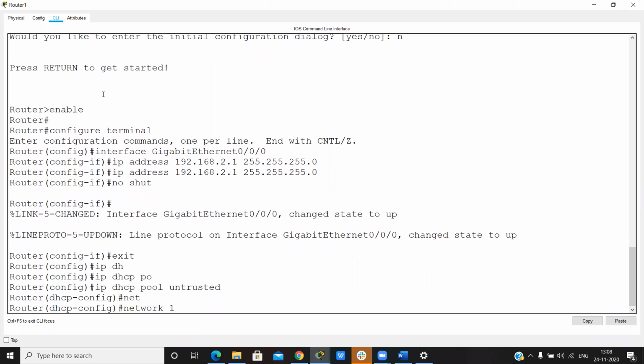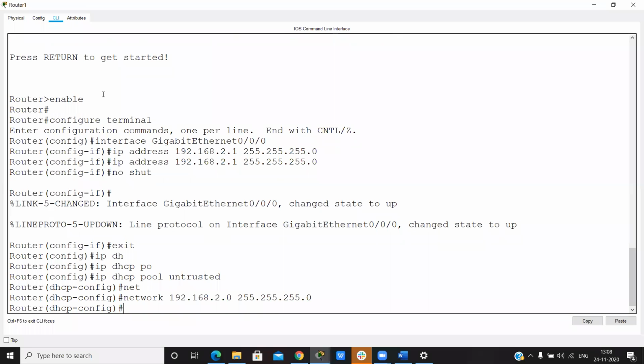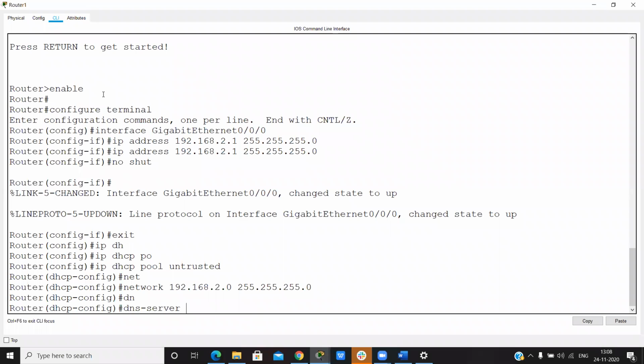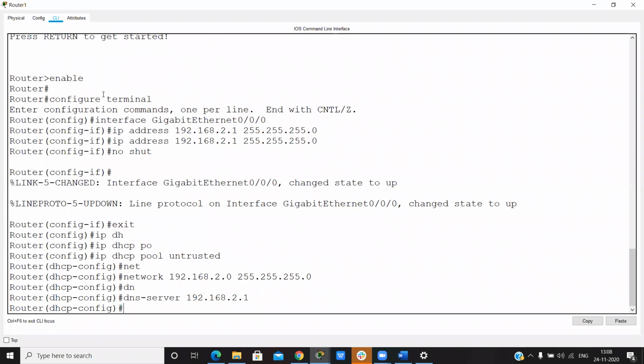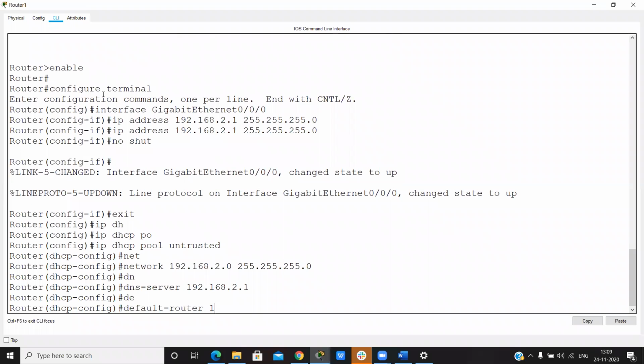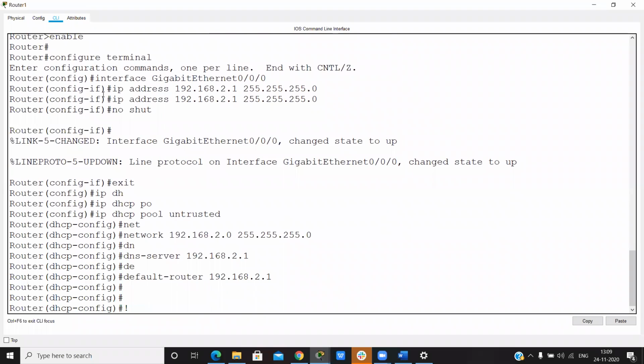Then network 192.168.2.0, then subnet mask, then DNS server 192.168.2.1, and the default router 192.168.2.1.